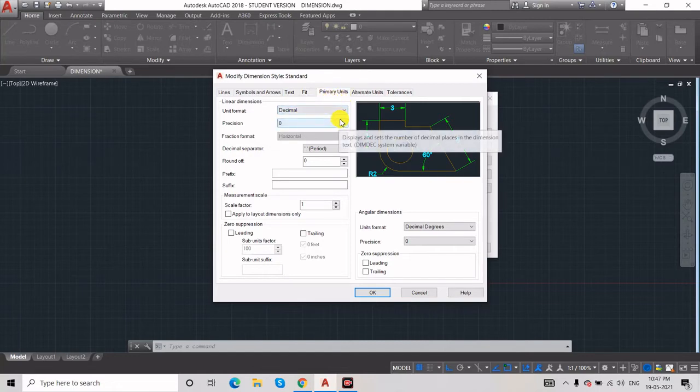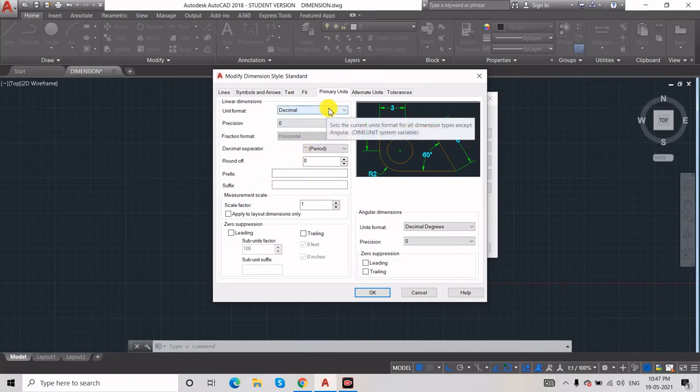primary unit, you always have to give the same unit in which you have given the drawing unit. Initially, at the starting, you have given the unit, so it is in decimal or architectural. Based on that you have to select. So in our case, the drawing unit I have kept as decimal only. So in this also I have to keep decimal, or else if you keep architectural here and decimal there, it won't work. Okay, so you have to keep the same as the initial unit, and here also, then it will work. After that you can separate using point, comma, space, anything.